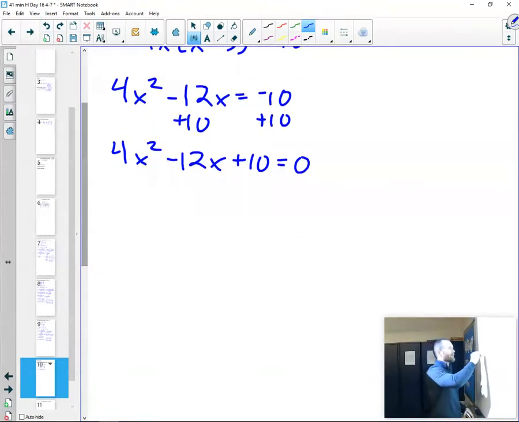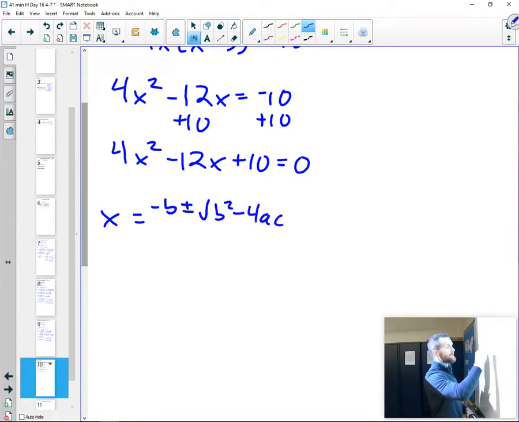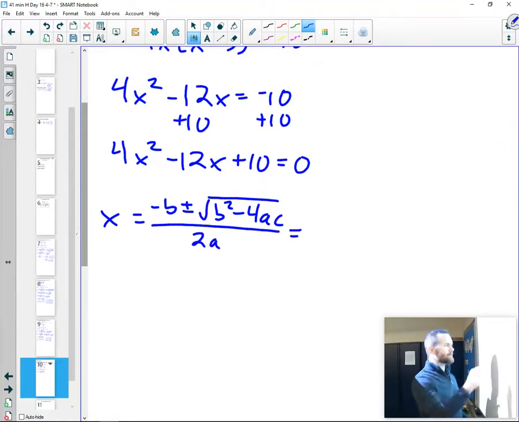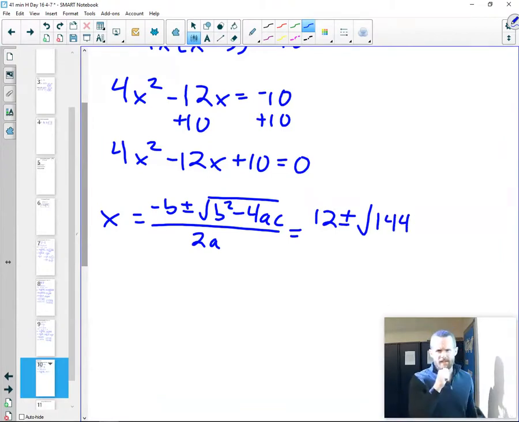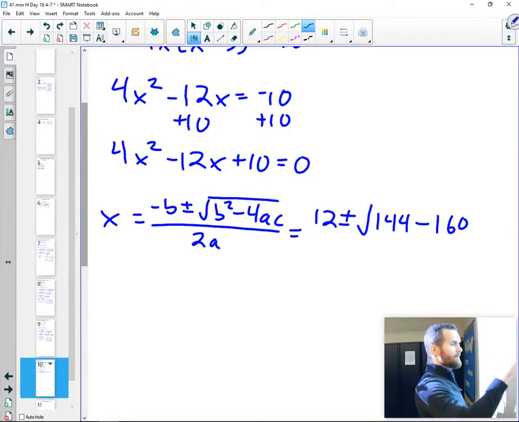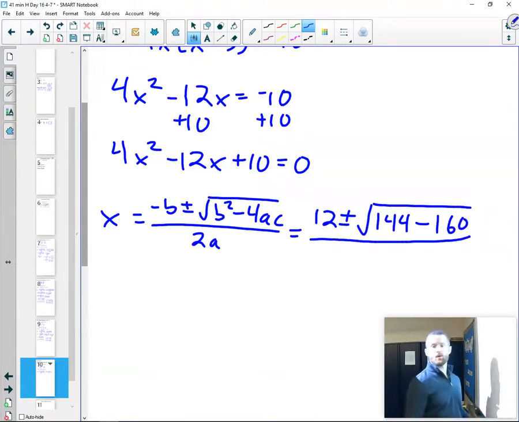I'm just going to go straight to the quadratic formula. So that's going to be x equals negative b plus or minus the square root of b squared minus 4ac, all divided by 2a. Let's see what happens. So negative b is positive 12, plus or minus the square root of b squared. It's negative 12 times negative 12. That's positive 144. It's going to be a minus. It's negative 4 times 4 times 10, so that's negative 16 and negative 160,